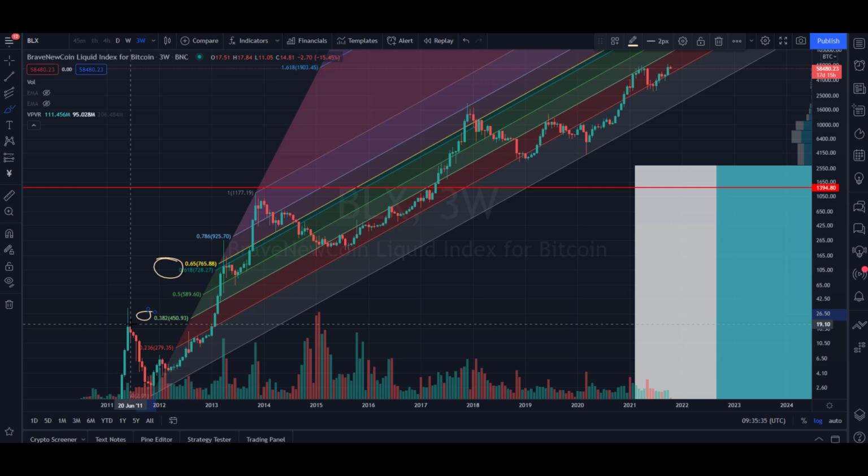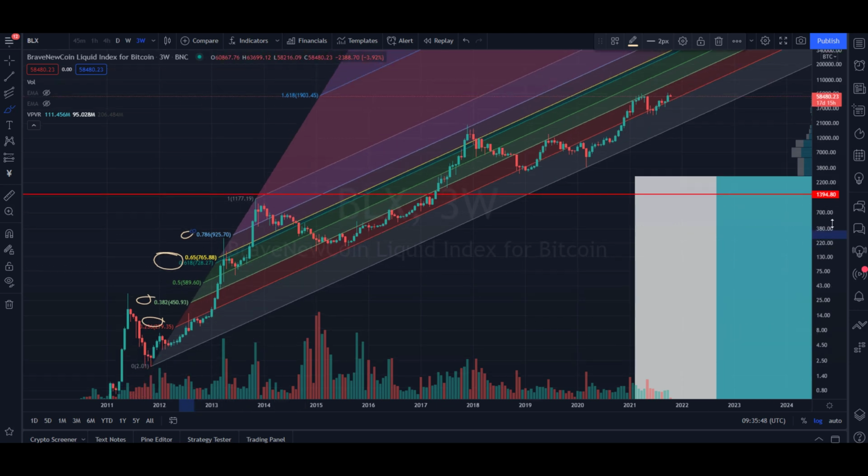Or of course, sometimes we have extensions to the 0.236 and also the 0.786. So you see here, from $2, Bitcoin went all the way to the golden pocket. Actually, I call it that way. Between 0.65 and 0.618 is the golden pocket for me, in my personal way of using Fibonacci levels. Every time here, traders and bots, remember bots, they are trading based on this kind of things. So as you can see here, Bitcoin went to the Fibonacci golden pocket with a massive wick here, rejection,